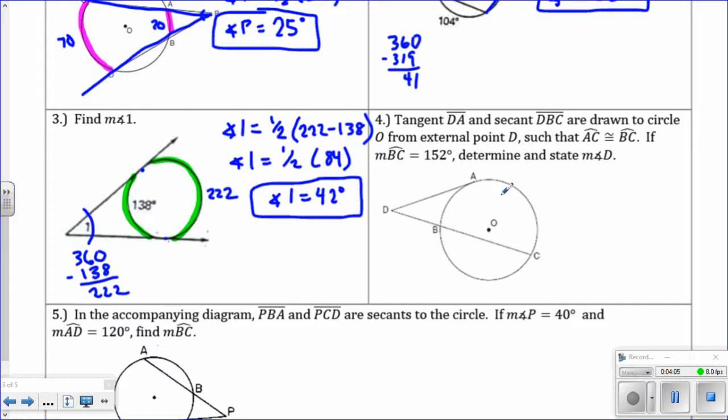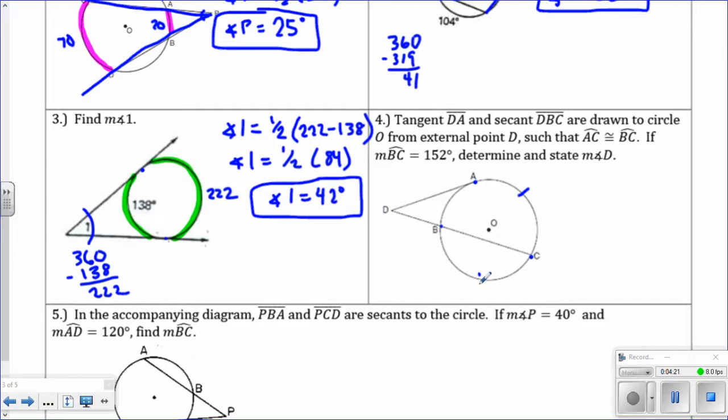Okay, another one. Tangent DA, I'm on number 4 here. Tangent DA, you can tell it touches the circle at one place. Secant DBC, it goes through the circle, touching it twice. That's why it's a secant. Are drawn to circle O from external point D, such that, this is important here, arc AC is congruent to